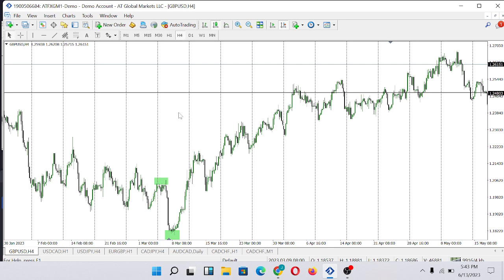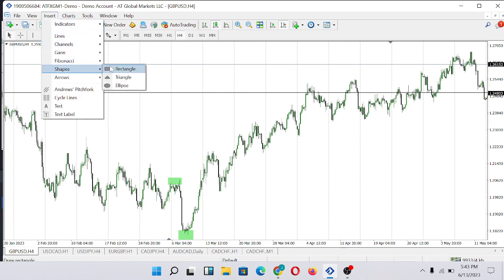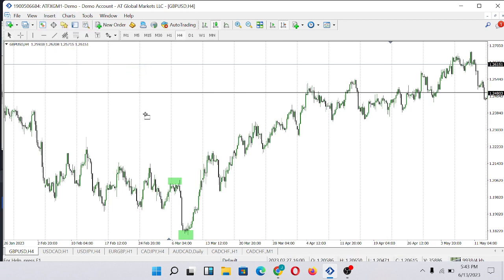We have single pin, double pin, triple pin, top or bottom. We have engulfing candles. We have railroad tracks. Now, this is an example of what? A single pin top, right? This is an example of